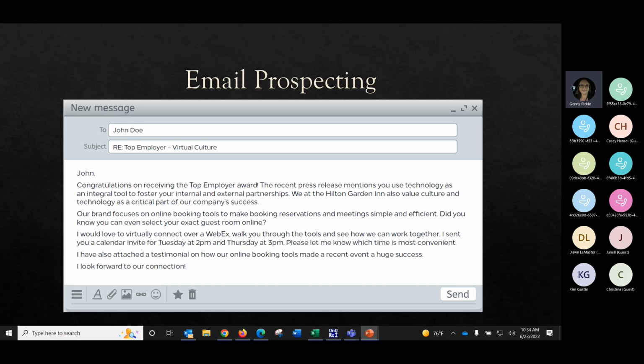So here's a good example. They use that RE in the subject line. Top employer, virtual culture, which Shockt is a top place to work in 2021 as well as 22. So that is one of your guys' new uniques, and with shop calls getting ready to be back in swing, coming up with Q3, remember your uniques. So top places to work 2021 and 2022, top 15% TripAdvisor, and then family owned and operated since 1962. Y'all did fabulous on your shop calls in Q2, so I'm expecting even better. Keep that streak going.